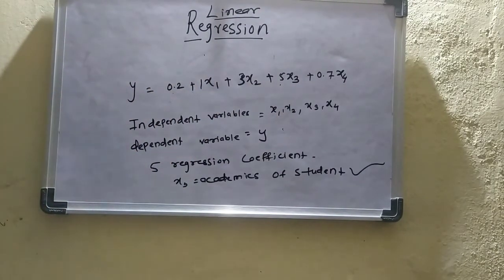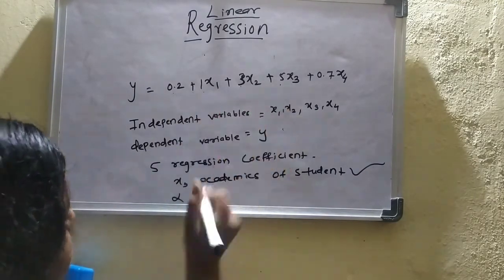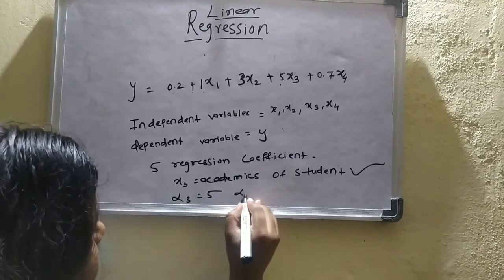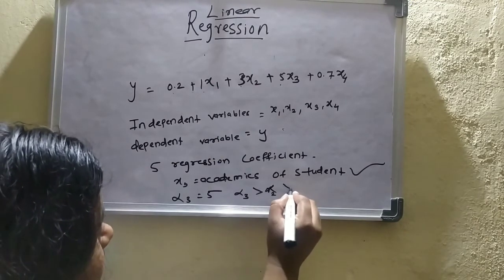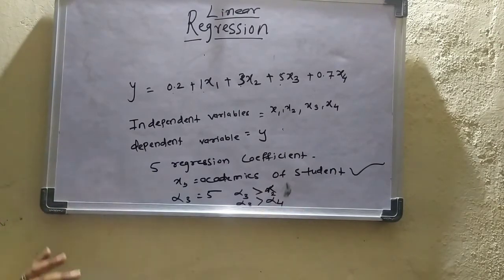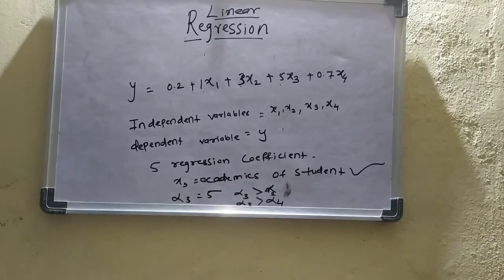So we can go with alpha 0, 1, 2, 3. Alpha 3, which is equal to 5. So alpha 3 is greater as compared to alpha 2. Also, alpha 3 is greater than alpha 4. So if we consider all of the values, alpha 3 is much greater. So we will take alpha 3 as the parameter to calculate the regression, and so it is the best regression coefficient to find out the relationship among the variables. Okay.